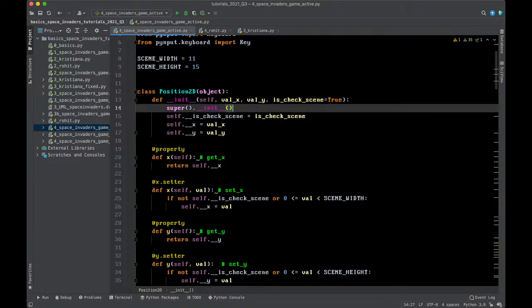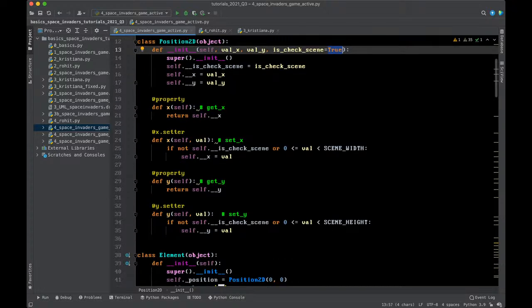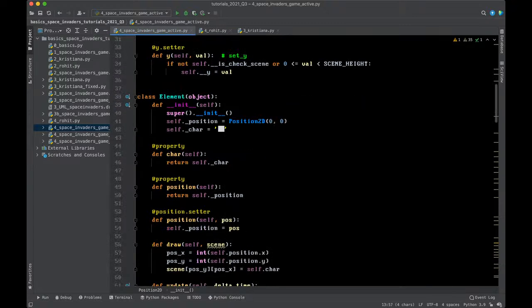If you start giving a complex data type here, you will have very bad things happening. It's regarding the pointers, but I will not explain it in detail now. But you should never ever give any complex type as a default parameter for any Python function. So that's one thing that you should make sure of. So then the element